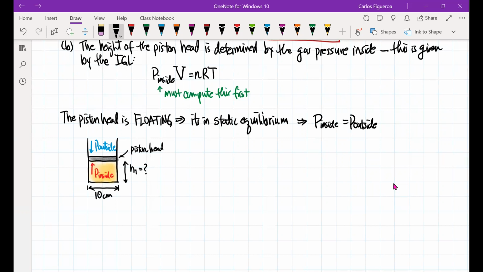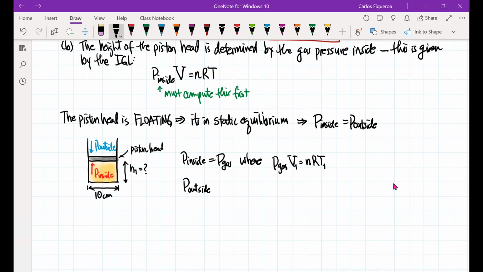Well, if I look at the pressure inside, the pressure inside is given by the ideal gas law. So that has to be the pressure of the gas, where we've already shown that the pressure of the gas is nRT over the volume. In this case, this is the volume 1 and this is the temperature 1. And when I look at the pressure outside,